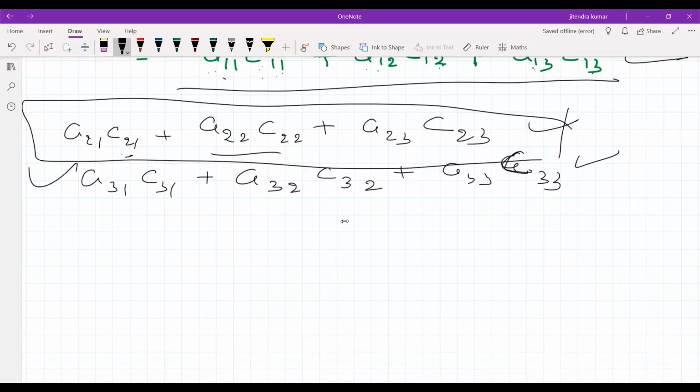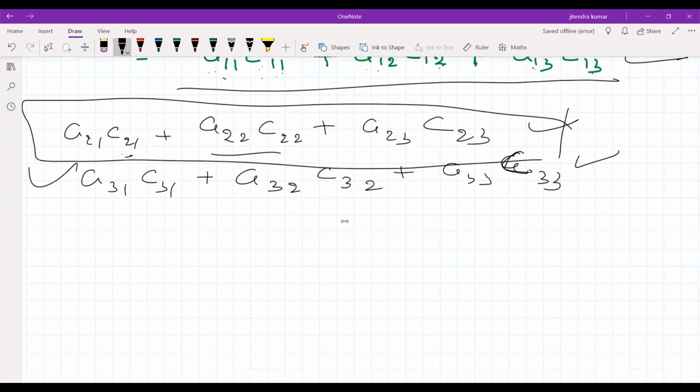Okay, so I think it is all in exercise 4.4, up to exercise 4.4. So you can see exercise 4.4 now. The first and second questions ask to find the minors and cofactors of all the elements. That is, I think, the easy part, so we can do it. Then the third one says to find the cofactors of the elements of the second row. So here we have to find the cofactors of the second row only. So I think you can find it.